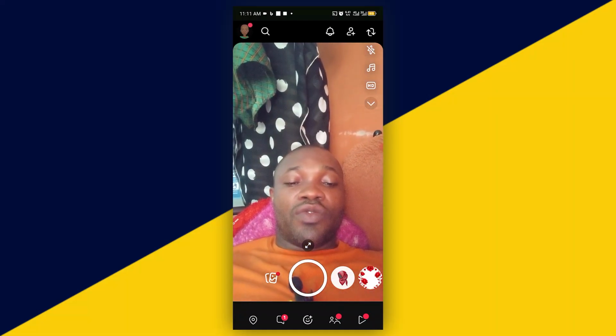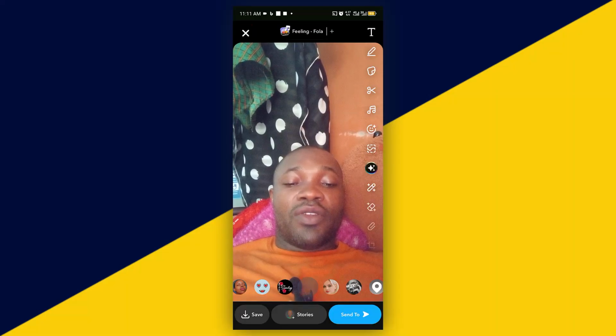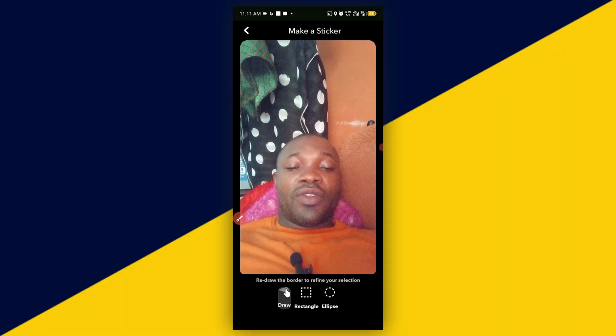Next thing you want to do is to simply snap. So click on the camera to snap. Once you snap right here, the next thing you want to do is to go ahead and then simply click on this particular icon right here, scissors icon. So click on it. Once you click on scissors icon, it opens up like so,